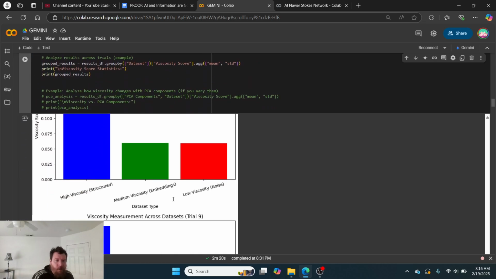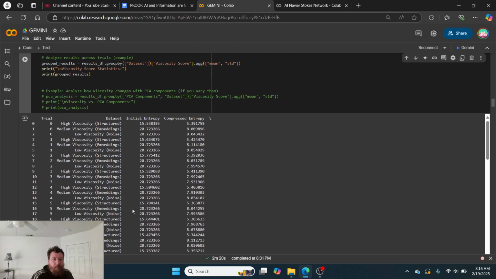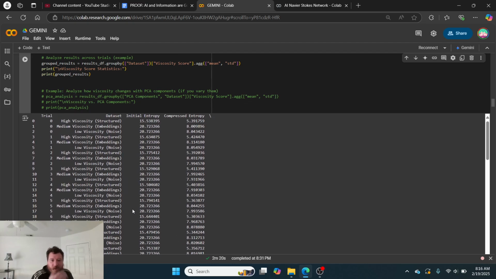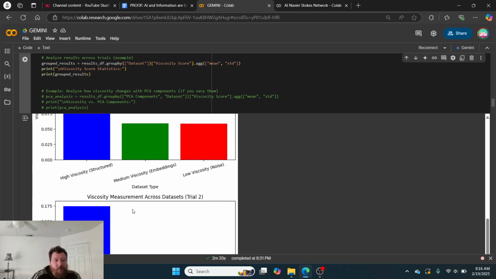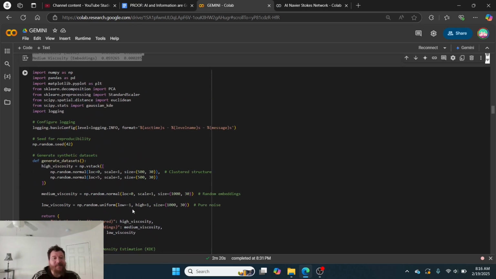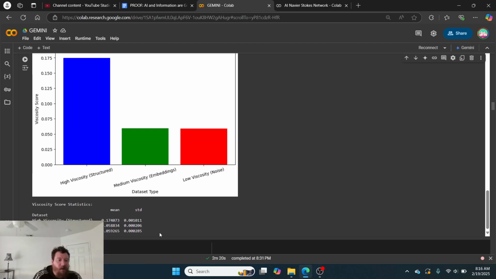And go through, and then here we go. Across a multitude of different scenarios and different trials, essentially for 30 trials in this instance, the data confirms, right? It's undeniable. We've got our viscosity metrics from the different data sets. The differing data sets do have differing viscosities, and they do measure out to computable differences, especially within our